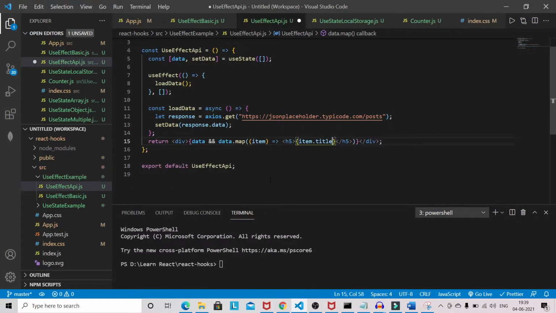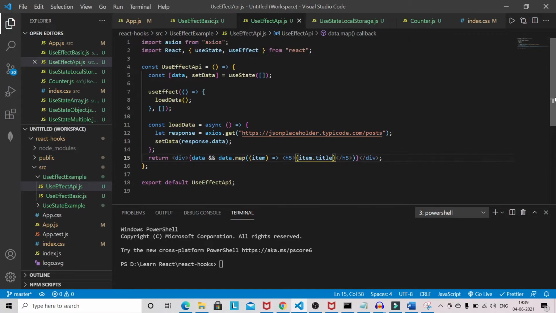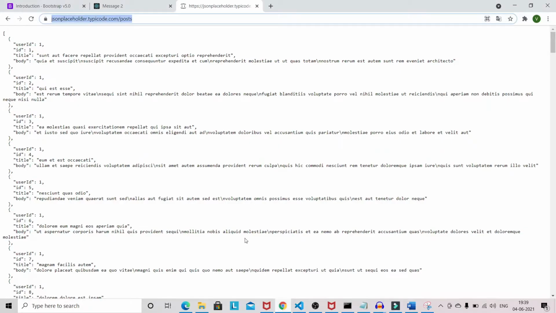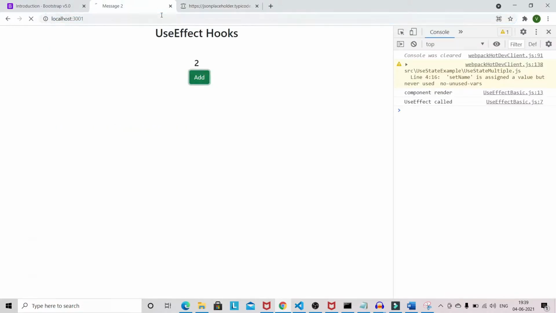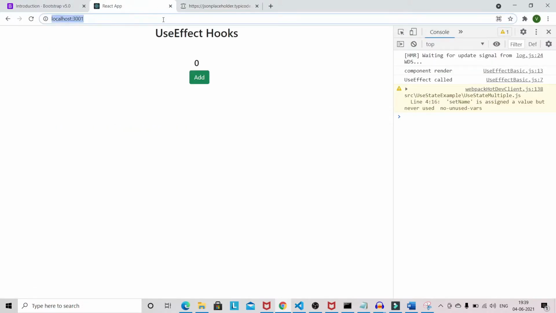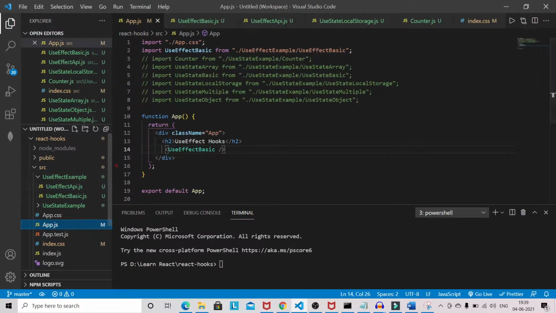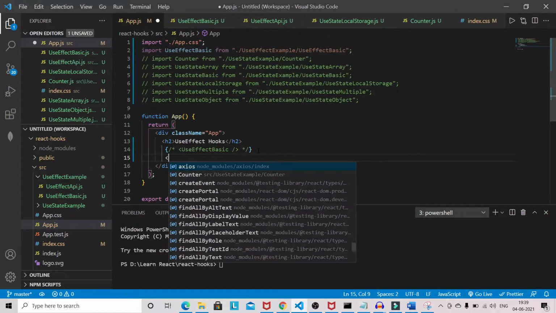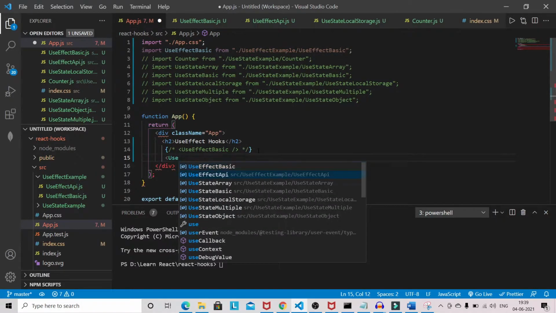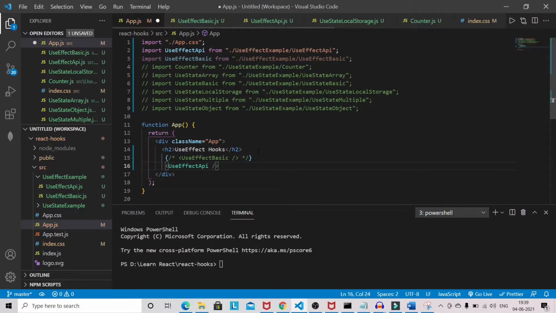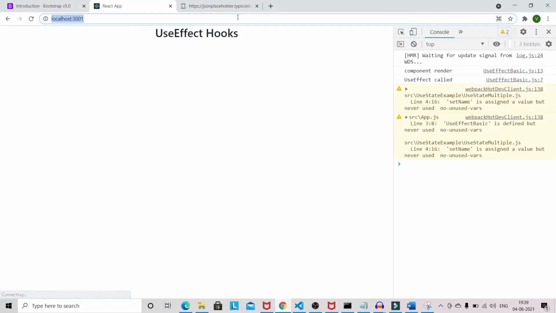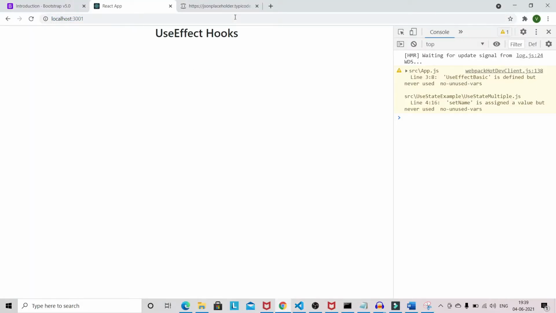Okay, let's see. We need to import that file in app.js. So I will comment this one, and VS Code automatically gives me the suggestion to import the file. Let's see. We are not getting it.